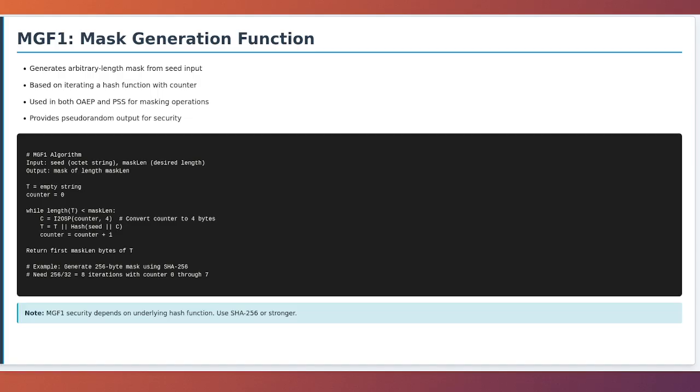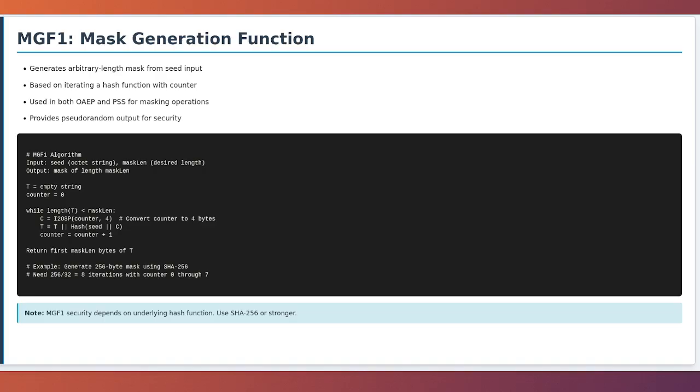MGF1 is the mask generation function used throughout RFC 8017 in both OAEP and PSS schemes. Understanding how MGF1 works is important because it is a critical component that provides the security properties of these modern schemes. MGF1 is based on iterating a hash function, and it can generate an arbitrary length output from a seed input. The input to MGF1 is a seed value, which is an octet string of any length, and the desired